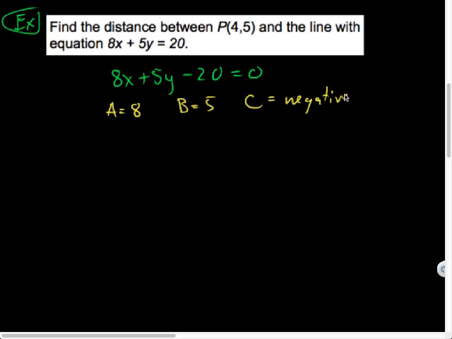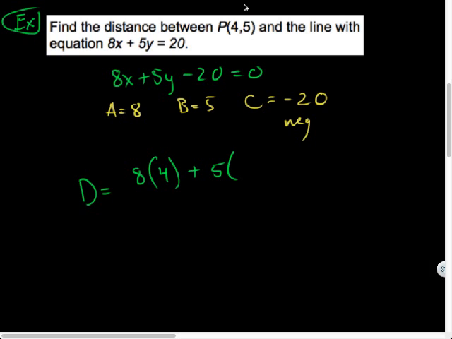I don't care about the 20 when it comes to square roots, but it does matter that it's negative. So let's just set this up. The distance, according to our formula, is going to equal 8 times x1, which is 4, plus b times y1, which is 5, and then plus c, which is negative 20 in this case, all over